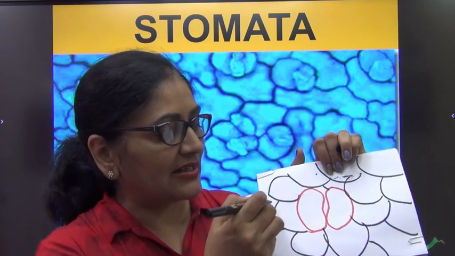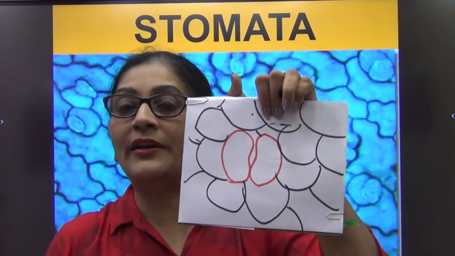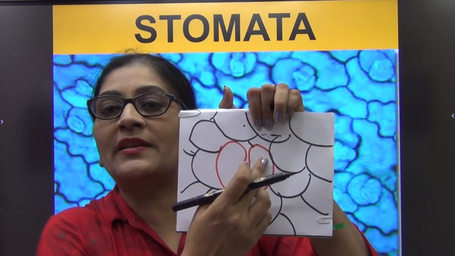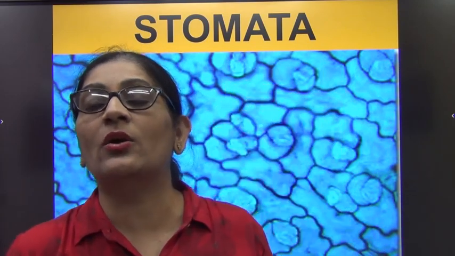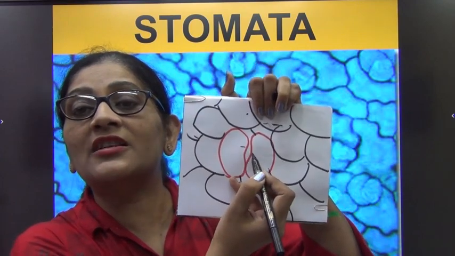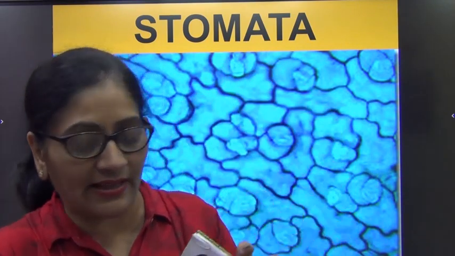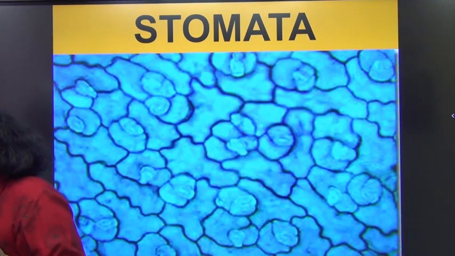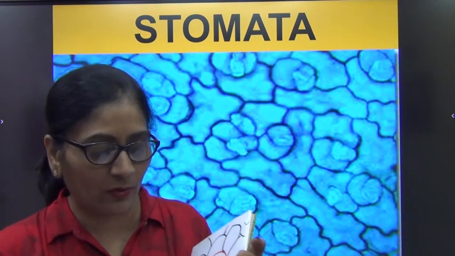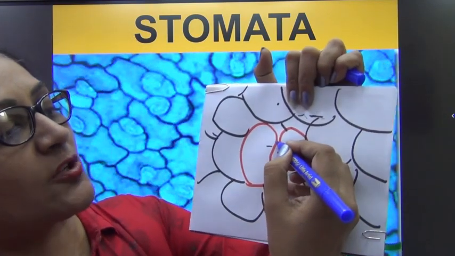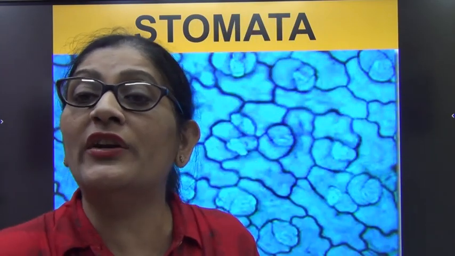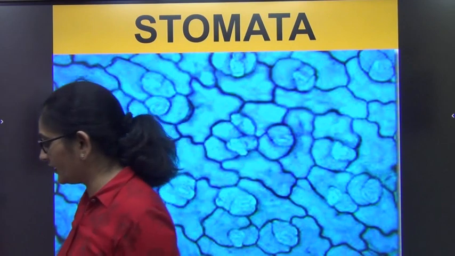The cells of the epidermis are compactly arranged without intercellular spaces, but in between there are these special cells. These cells we call guard cells, and there is a space between these guard cells. You can see that. I draw it with another color now, say blue. I hope you are able to see it. This space between them we call the stomata, through which gas exchange and loss of water takes place.